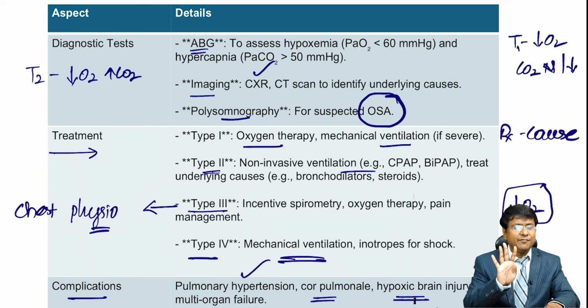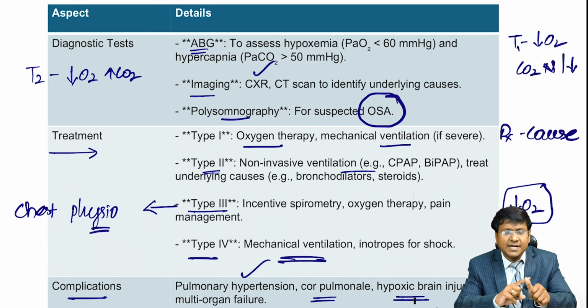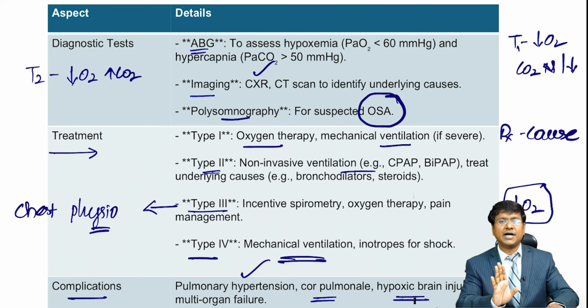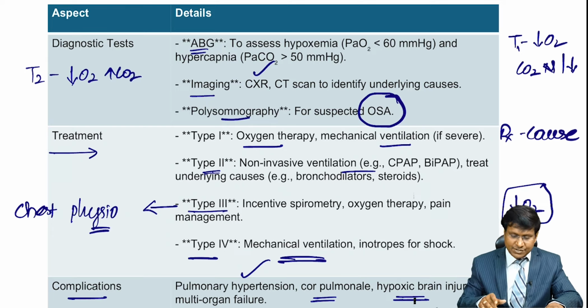So we have a total of 4 types. Type 1, alveolar flooding, hypoxia, carbon dioxide levels normal or reduced. Type 2, due to alveolar hypoventilation, there will be hypoxia and hypercapnia. And type 3, perioperative respiratory failure, and there is lung atelectasis. Type 4, due to cardiogenic shock. Next, followed by that,